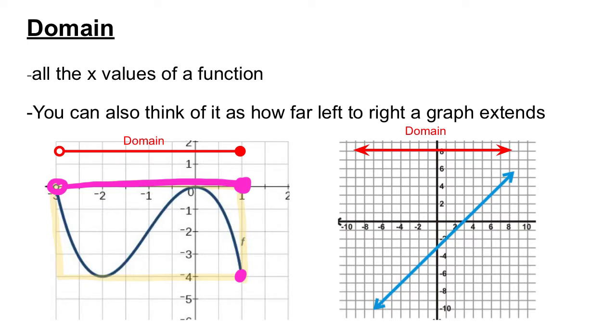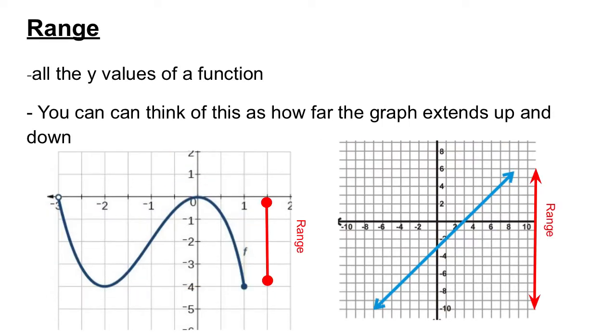For the next one, this just keeps going forever and ever, so my domain would extend forever in both directions because of the arrows. Now the range is the y values, and that's how far up and down a graph extends. So if I were to draw a box around my same first function, we can see that the highest it goes